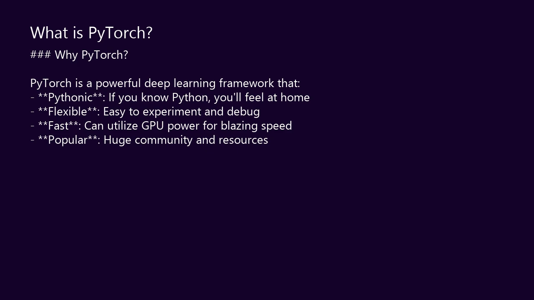Think of PyTorch as a super powerful calculator designed specifically for AI. Just like Excel is perfect for handling spreadsheets, PyTorch is perfect for building AI models. It was developed by Facebook's AI Research Lab. And now it's used by companies like Tesla, OpenAI, and even our own Indian startups. The beautiful part about PyTorch is that it's Pythonic, flexible, fast, and has huge community support. Now, let's get our hands dirty with code.